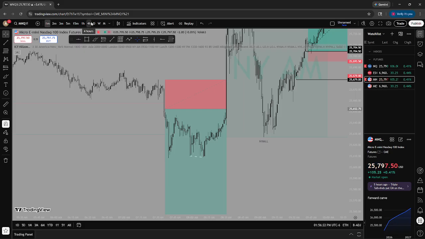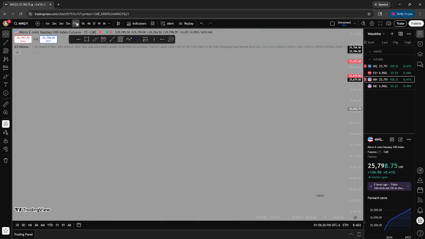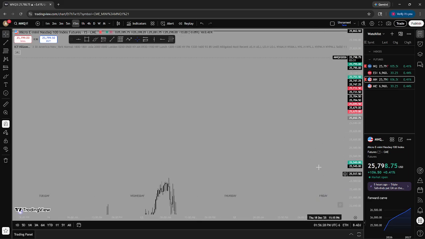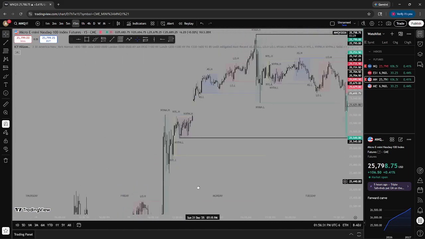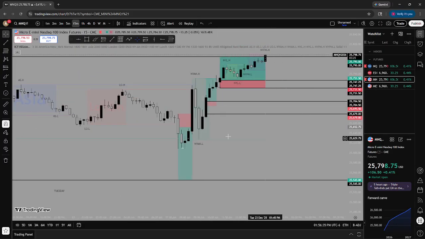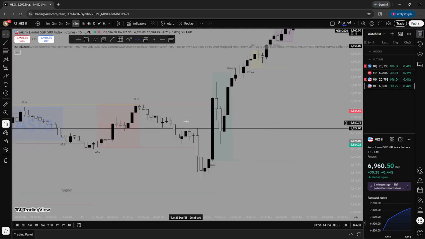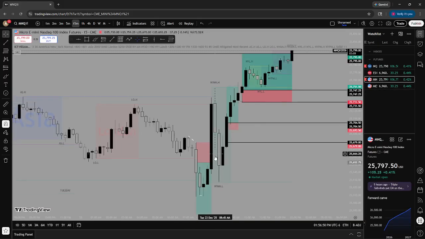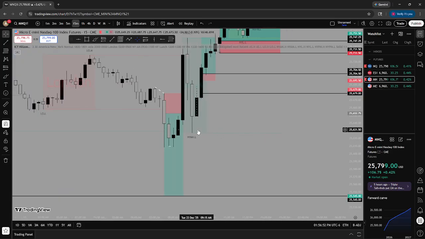So with my first trade, I didn't start off on the daily time frame. It was more the 15-minute time frame, I believe. It was at New York AM, so right off market open. And this is it right here. I spotted an SMT right away because if you compare it to the S&P, you can see there was a sweep right here. But then on NASDAQ, there was no sweep. So starting off the day bearish.